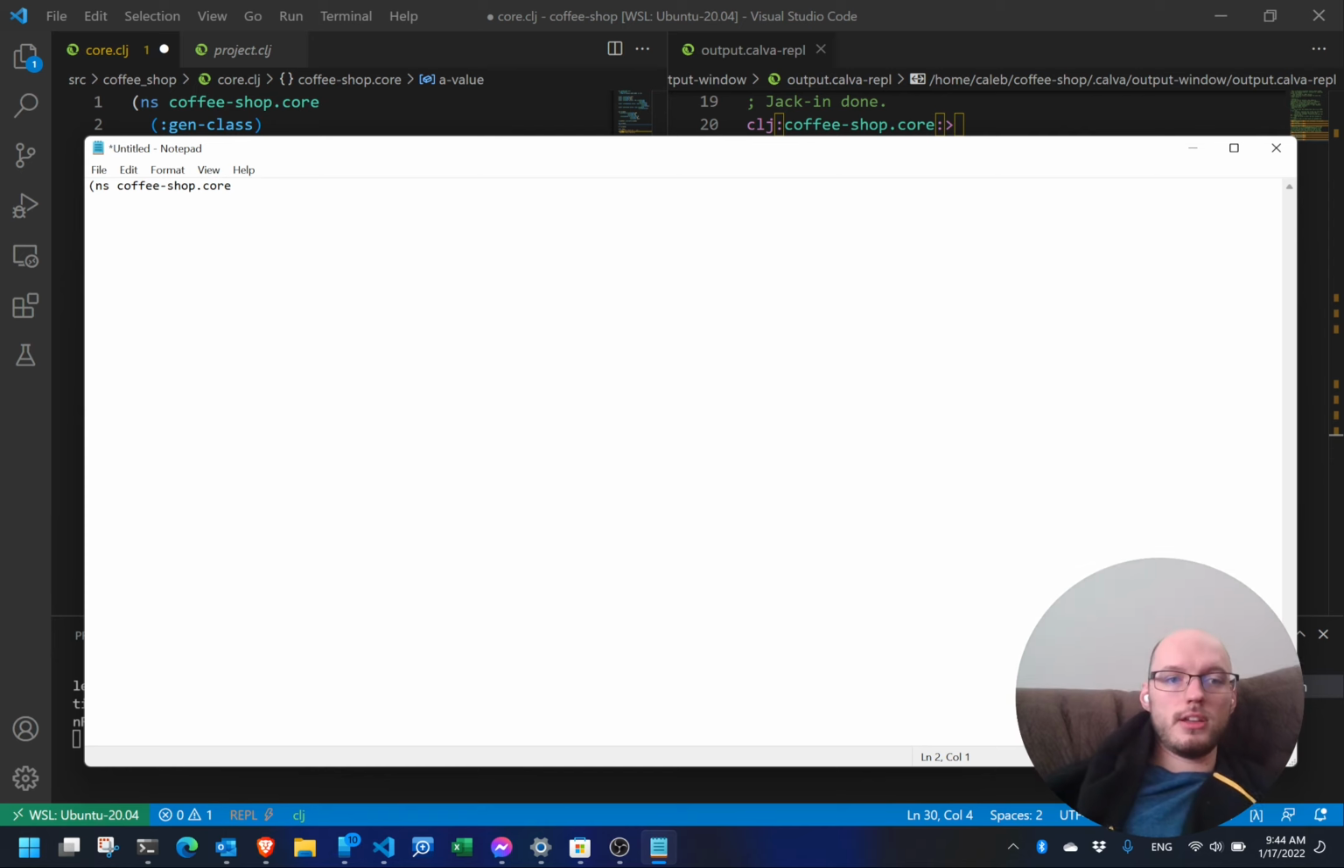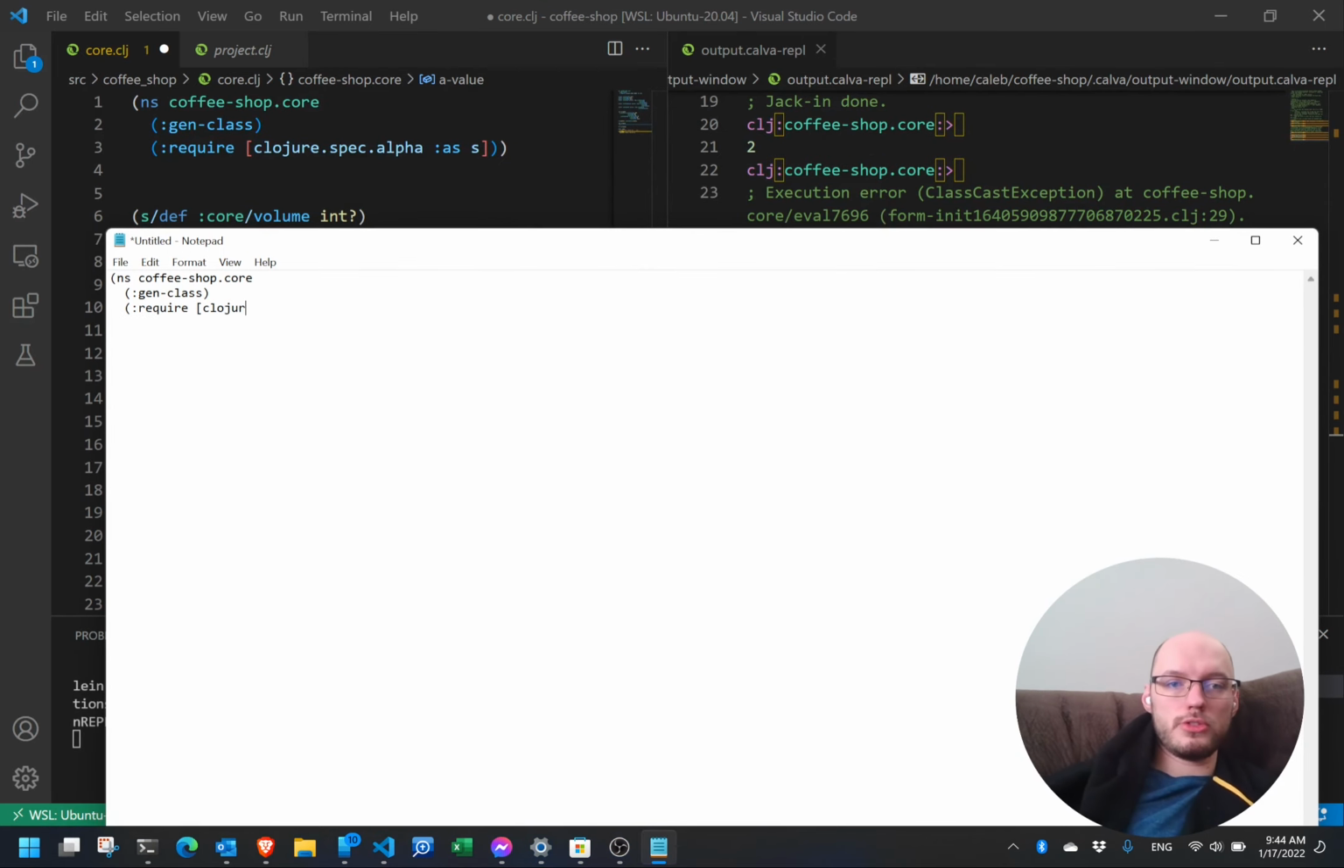Coffeeshop.core. This is a keyword that says when I compile this, I want you to turn it into a Java class. And then I have the require, and I think I required spec up here. Yep. Clojure.spec.alpha as s